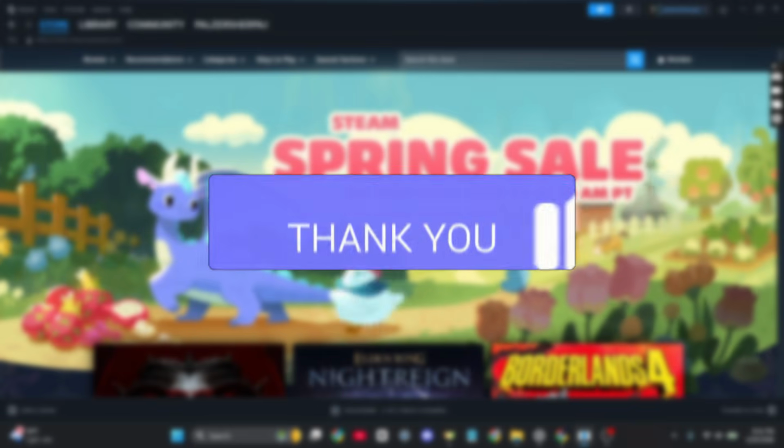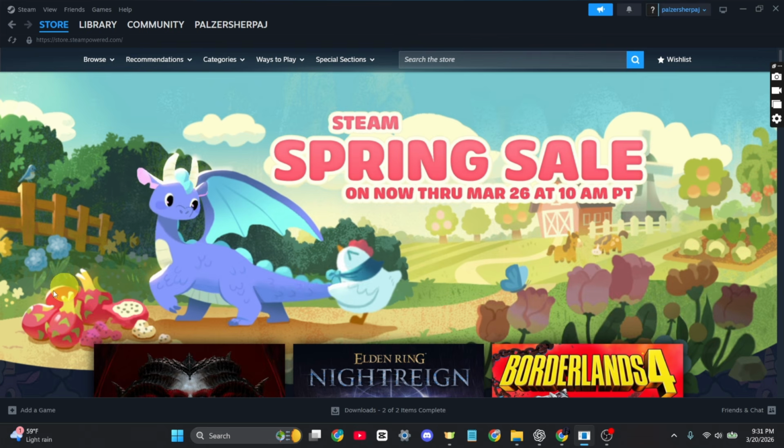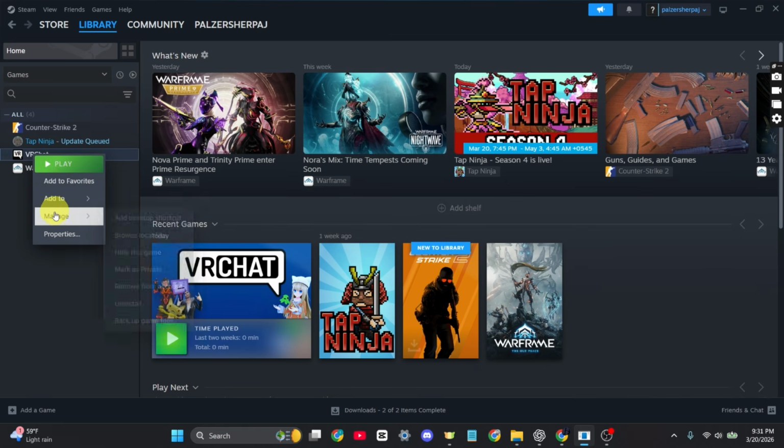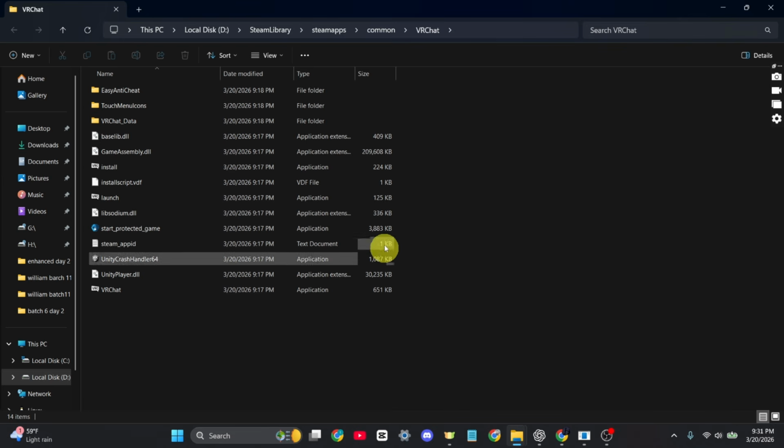So the game won't launch. First, open Steam and go to Library. From here, find the game that's showing the error. In my case, it's VRChat, so I'll right click on it and click on Manage, and from here just select Browse local files, like so, and our File Explorer will open. Inside this folder, look for